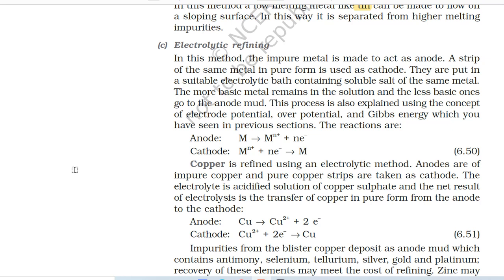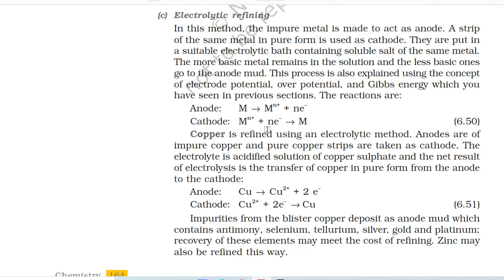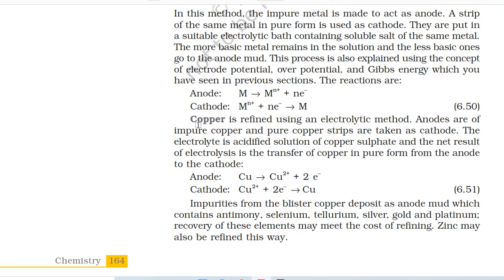This process is also explained using the concept of electrode potential, overpotential and Gibbs energy, which you have seen in previous sections. The reactions are: at anode, M gives M^n+ plus n electrons; at cathode, M^n+ plus n electrons gives metal. Copper is refined